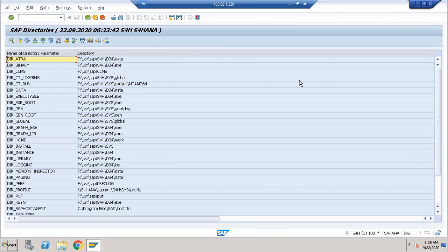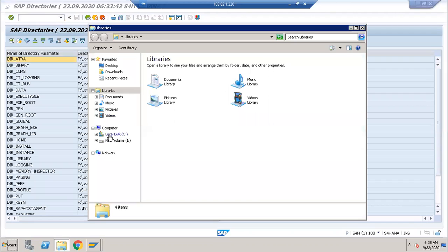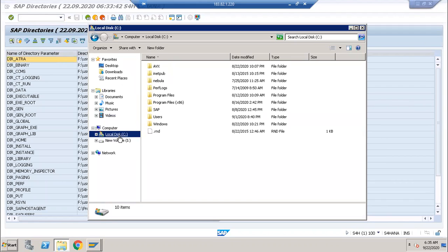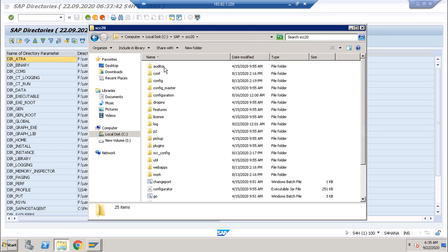If you take our computer, this is one drive here. In this C drive, I'm getting some folders. If I double click on a folder, SAP, I'm getting one more folder. I'm double clicking on one folder, and I'm getting some more folders here.